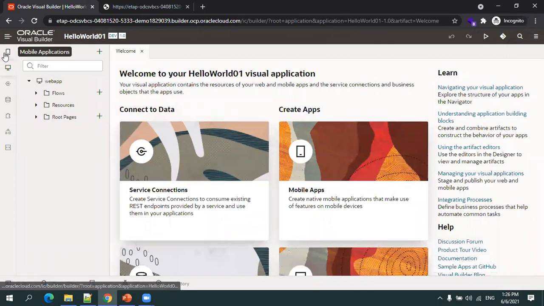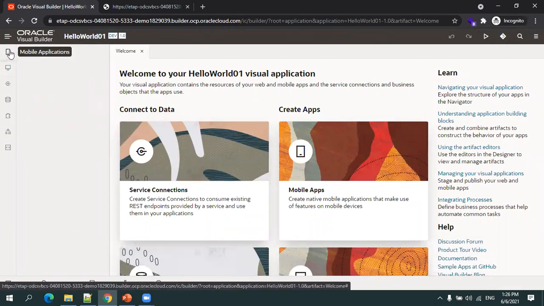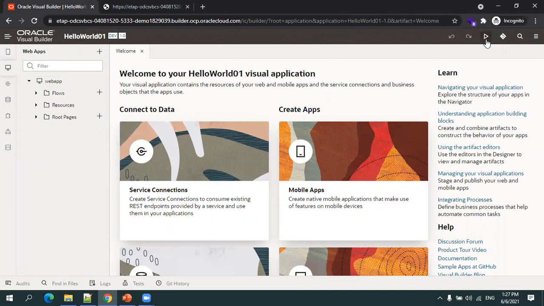In the visual application, I have two kinds of application. One is a mobile application, the other one is a web application. By default here, if you observe, based on the theme which I selected, it automatically creates an application for us. If you don't select a template, it would not have any web application here. But as we selected a SaaS template, it created this particular web application for us. Simply click on run. This arrow icon is preview. You can just click on this to preview how your application looks when you run it.